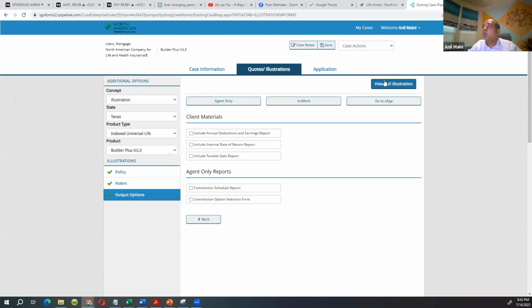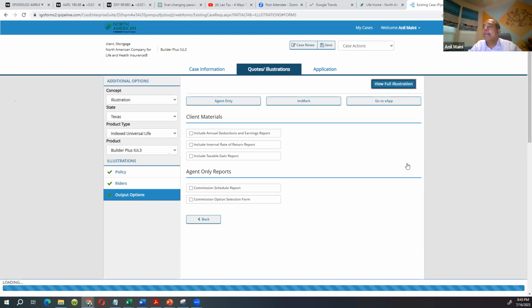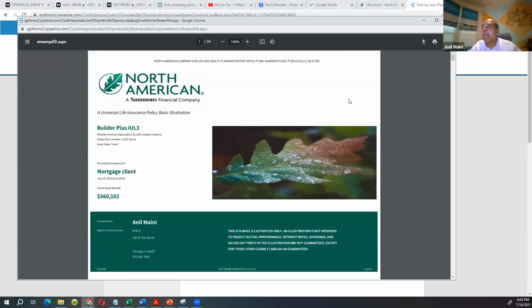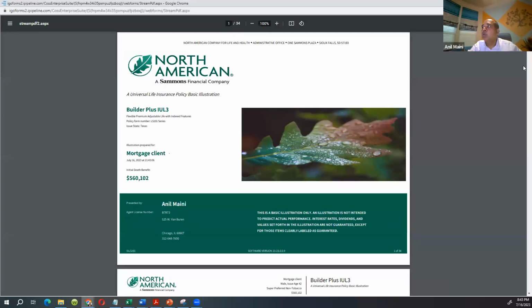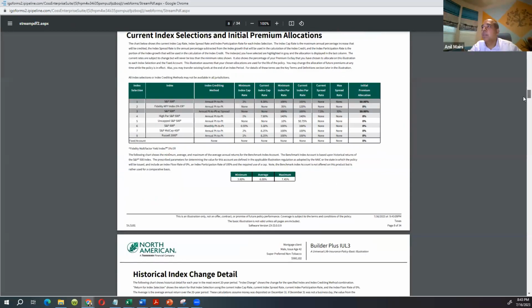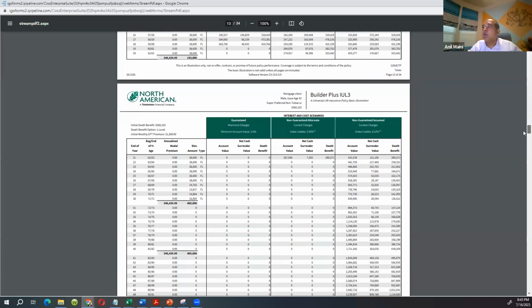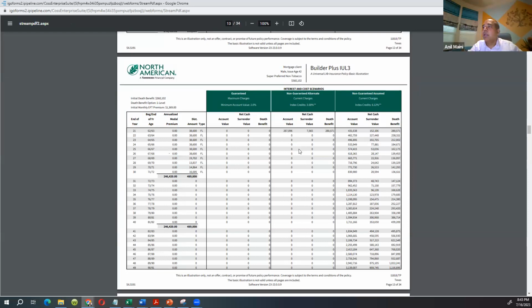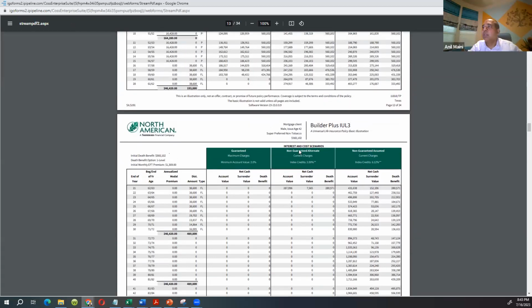So we go to view illustration. Critical illness is automatically covered in this, so we didn't add any more rider right now. As we discussed, there is an accident death benefit rider which we usually add, but we will do that later on. Right now, our focus is to see how the numbers work. Okay, here are the numbers.